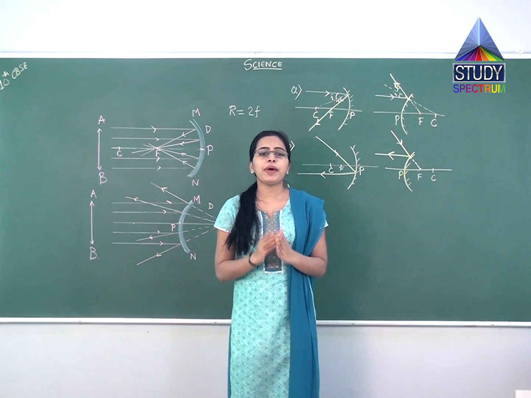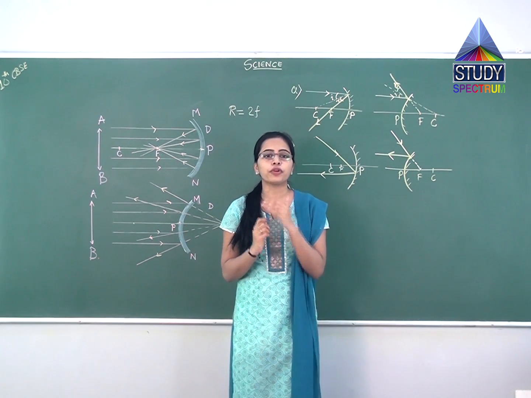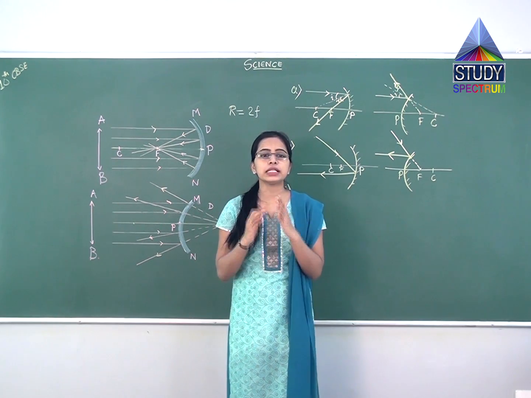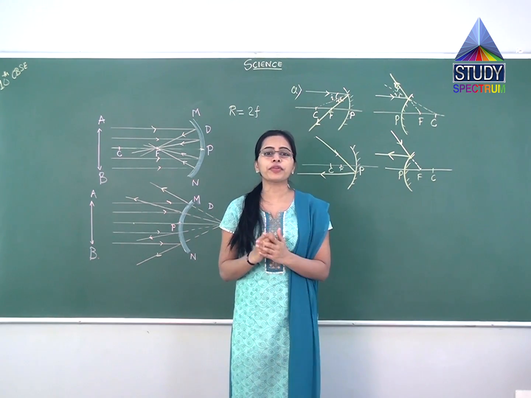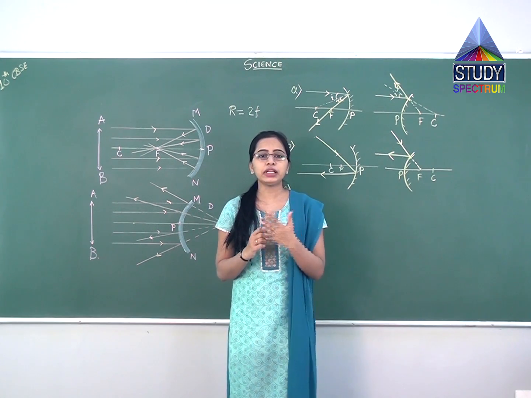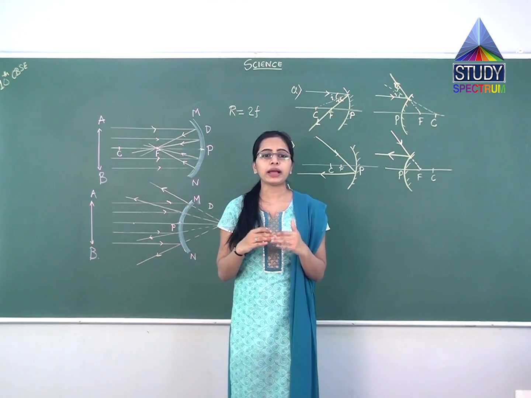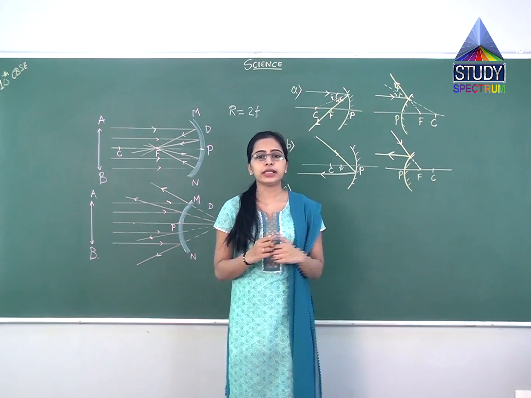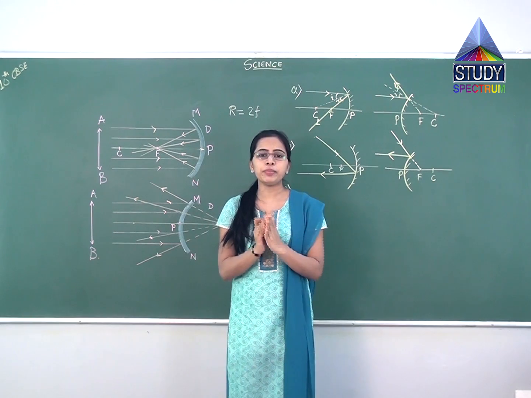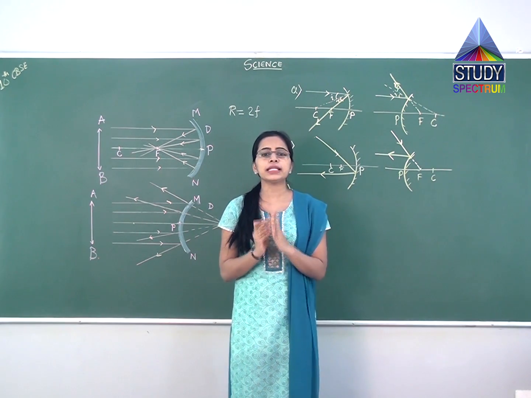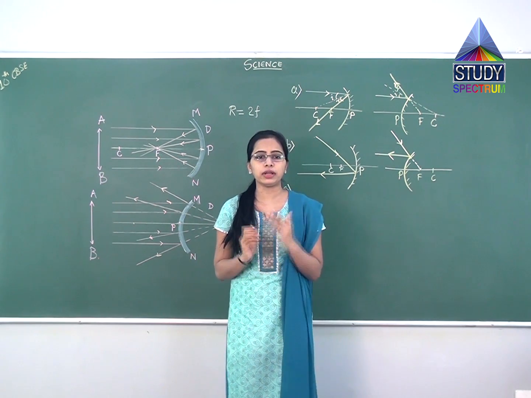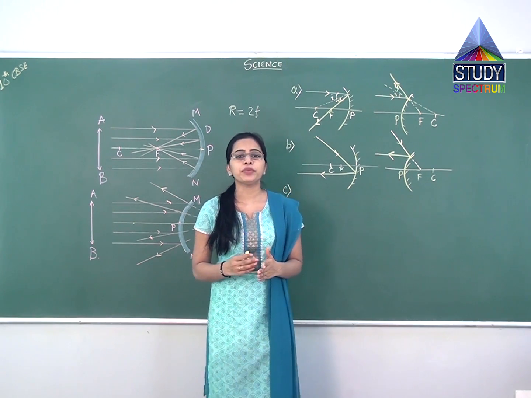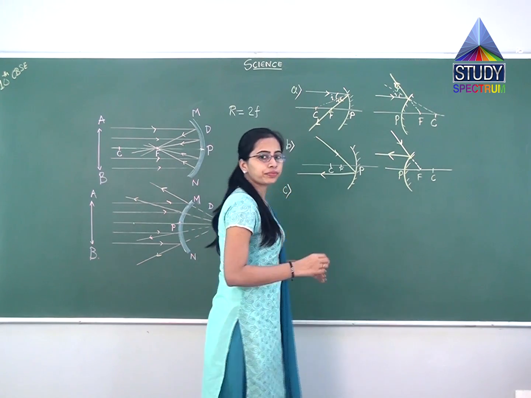A ray passing through the center of curvature of a concave mirror, or directed in the direction of the center of curvature of a convex mirror, after reflection is reflected back along the same path. This is shown by the figure. Here light rays come back along the same path because incident rays fall on the mirror along the normal to the reflecting surface. That I will show you here. You can see